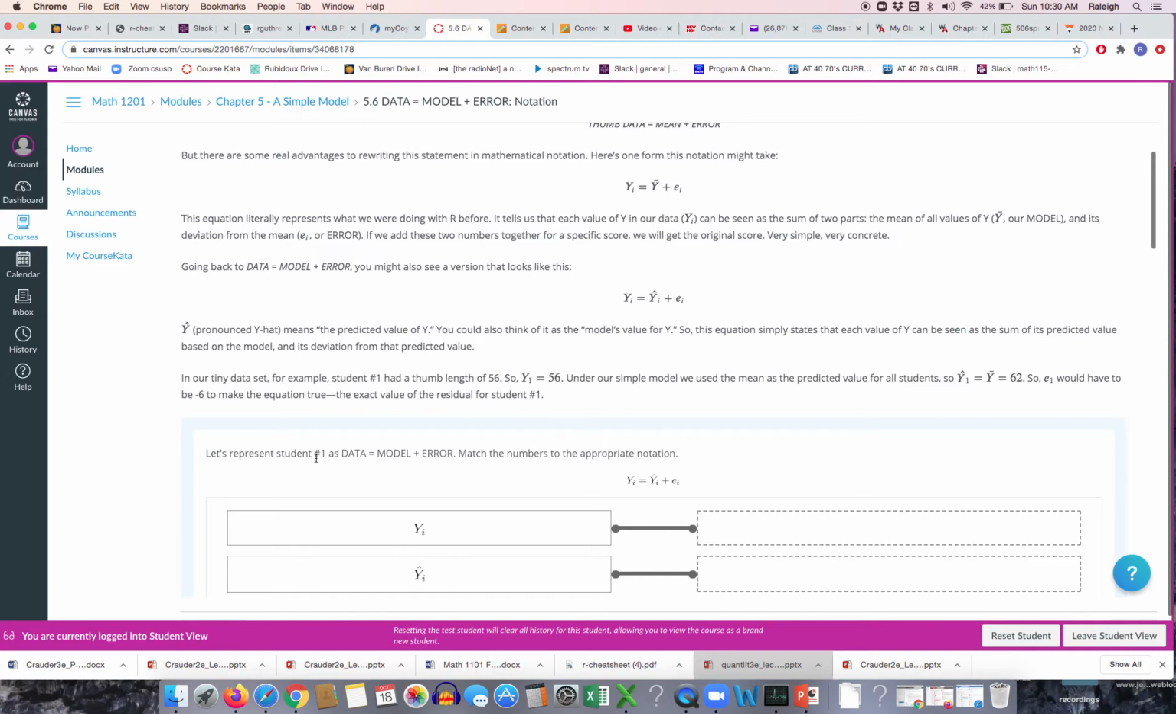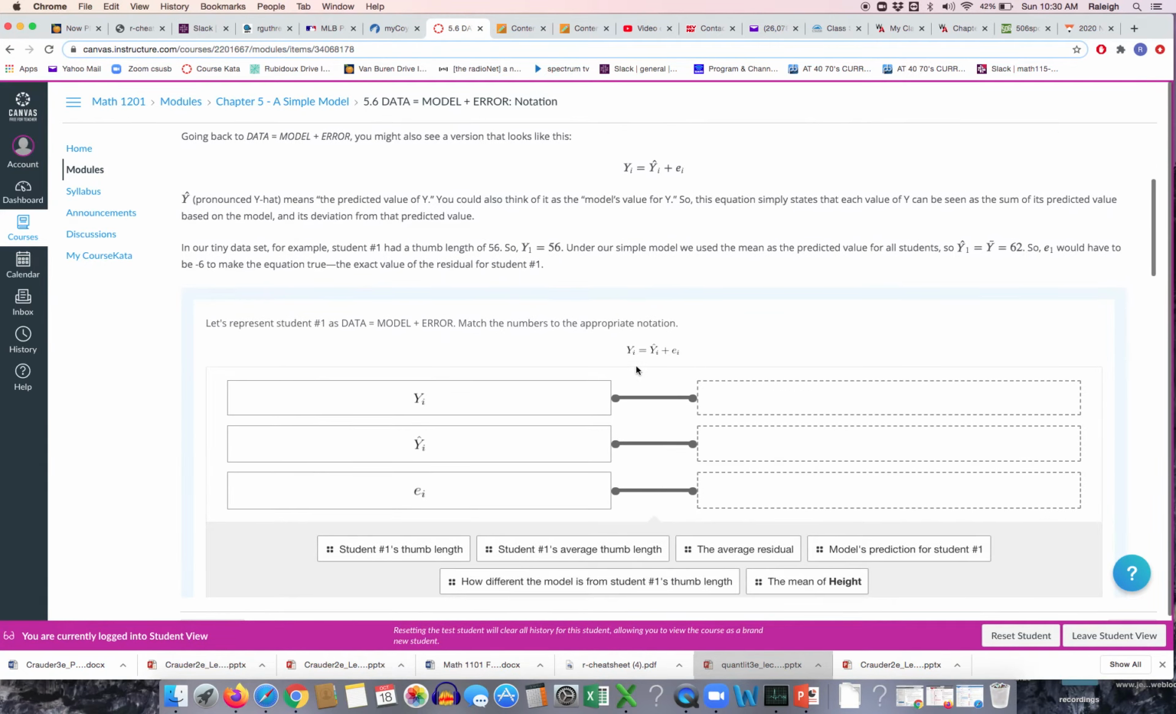So let's represent student number 1 as data equals model plus error. So we have our more complicated formula with a hat on it, which is a prediction, not necessarily the mean. And we could go ahead and figure out what to do with this one. So we have all these possibilities, and y i is what we're starting with. That's going to be your thumb length. So you could click and